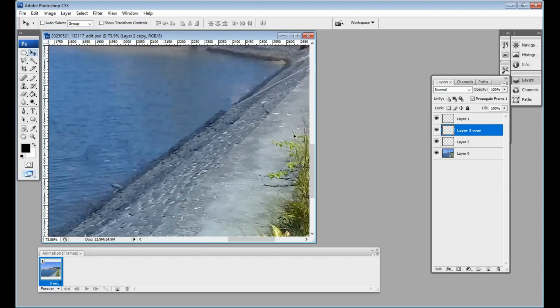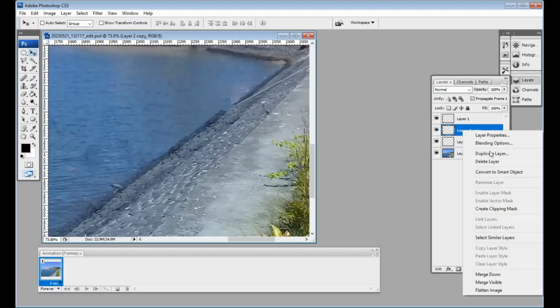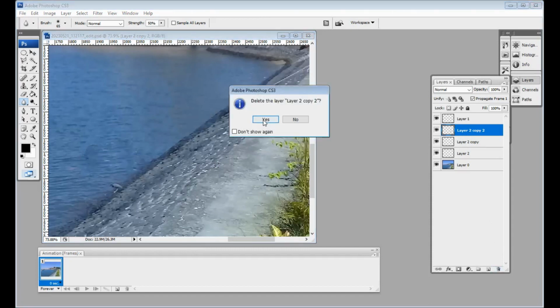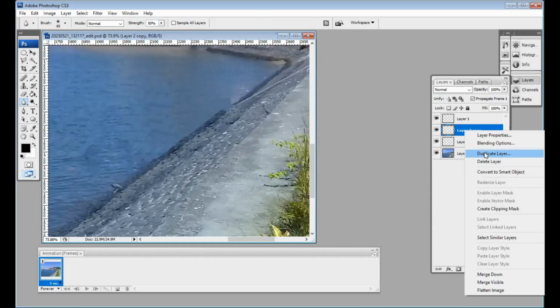Yeah. Duplicate. I think. Okay. And we can use the tool. Yeah. Okay, like this. Yeah. Tool. Oh, sorry. Delete this duplicate layer like this.